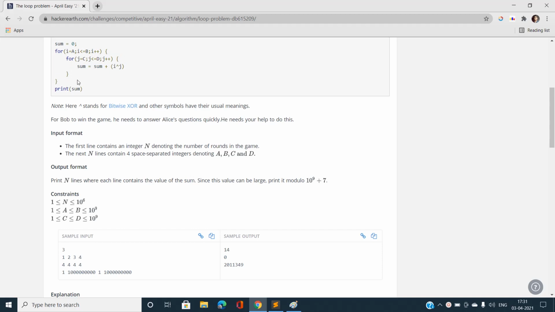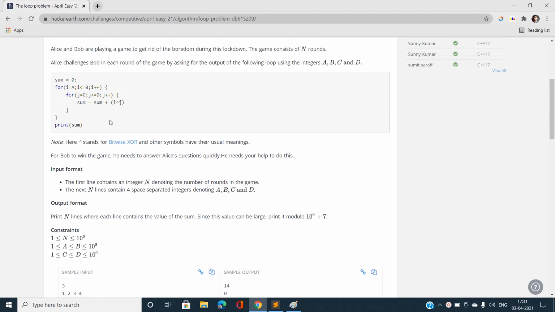Okay, so if we are not going to have a brute force solution, we should optimize this to such an extent that we can have a solution with a number of iterations less than 10 power 6 or 10 power 7, and we have to answer this sum by taking modulo this number. So it is obvious that our answer can be very large. So how are we going to do that?